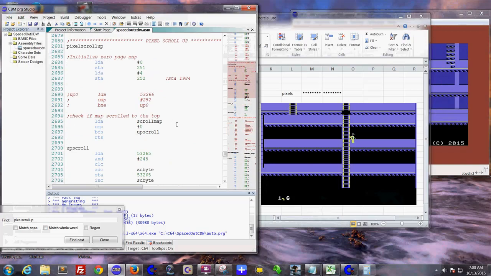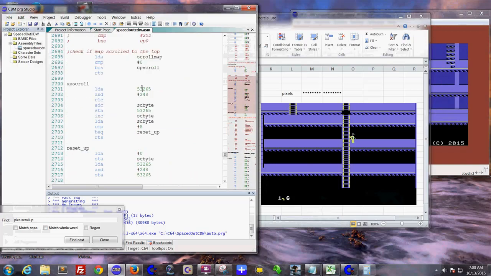I've talked about this before, but I wanted to show you. So you're basically taking, this is the vertical scroll register, you're masking out the bits, what bits those are, 248, and then you're adding in the bytes you're going to scroll. SC byte, this is actually from 0 to 7, and that's just what I was just talking about here, the pixels. As you're scrolling through each individual pixel, and this will be scroll 1 pixel,